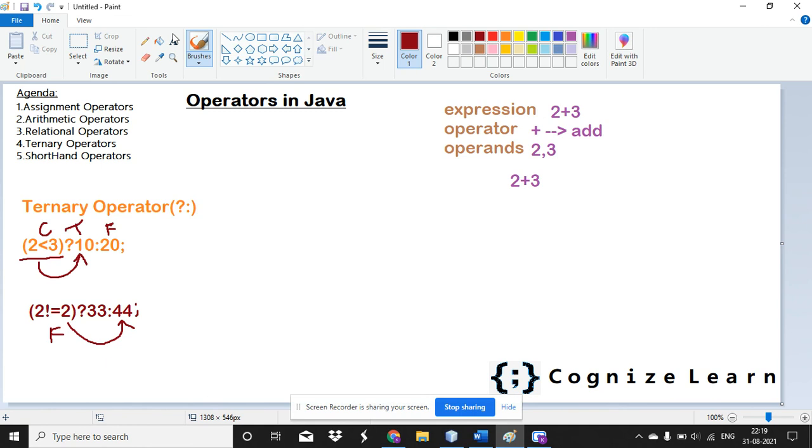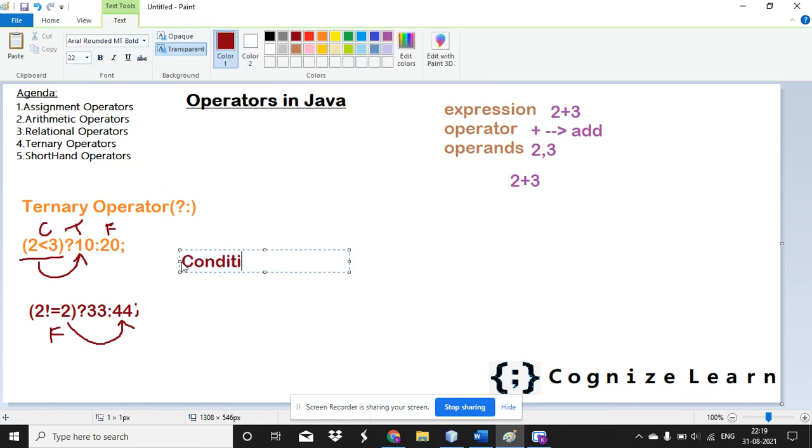So simply you can write the syntax as condition question mark true value colon false value. If it is true, the one which is after question mark will get executed, else after colon will get executed. So this is the syntax for writing your ternary operator.